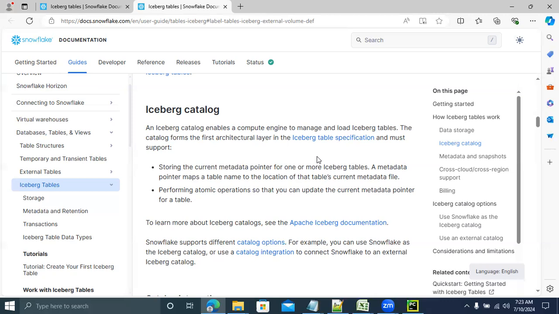And then you might have a question: what are the use cases for data lakes? If you want to handle a large volume of data for analytic purposes, you can go for data lakes. If you want to process large data sets for training machine learning models, you can use data lakes.